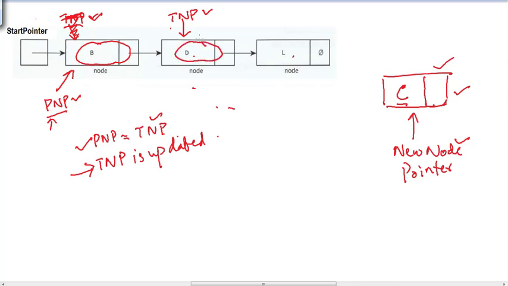We compare the data value of our current node, which is D, with this value C. And we can see that C is less than D. Previously C was greater than B, so we moved forward, but this time C is less than D. C is less than the value in our current node, so we are going to stop. When we reach this situation, when the value that we want to insert is less than our current node, and remember we are talking about ascending order,